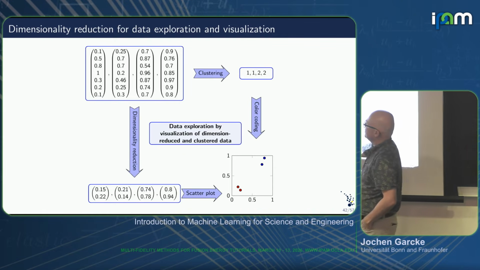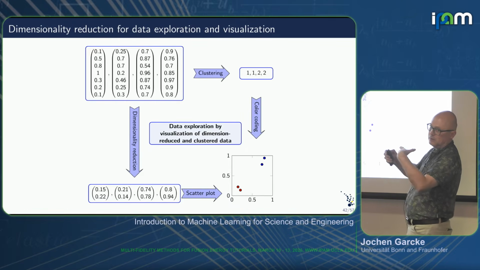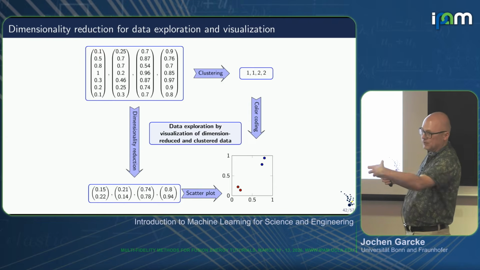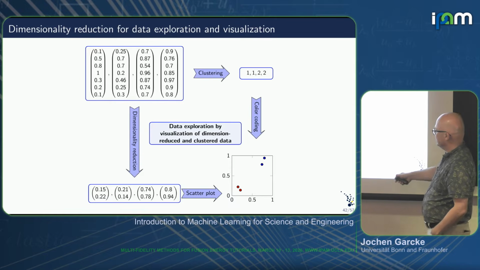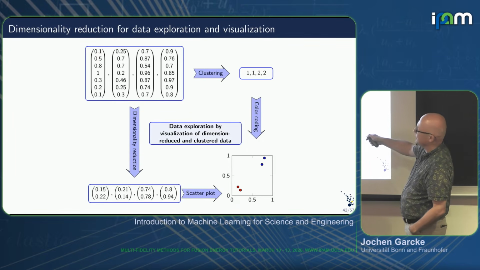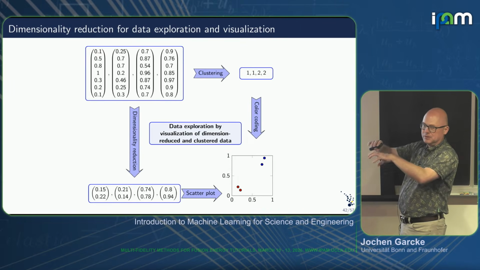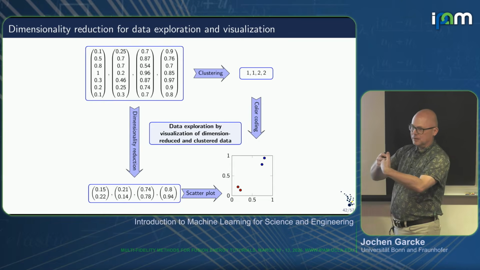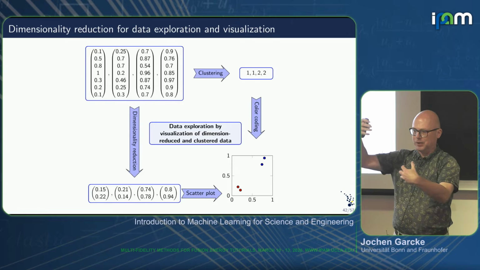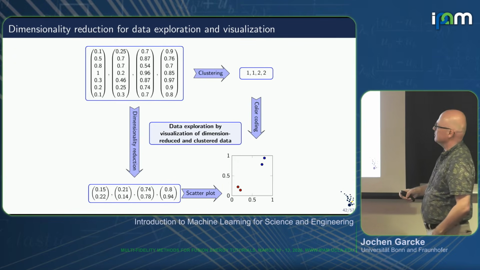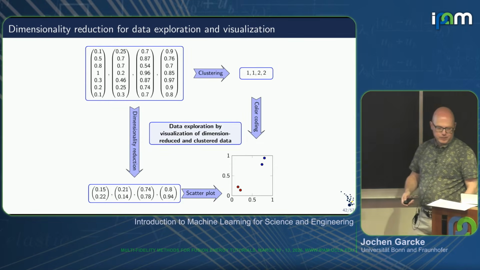So we start with some vectors. We maybe do some clustering, so we look for groups. So we artificially create labels, so we look for structures there. We can do dimensionality reduction to 2 dimensions, so we visualize that. And the color coding is then computed by clustering. Clustering is grouping things nearby, so a cluster is data which are close to the cluster center, and farther away from other cluster centers. And so this gives you a way to visualize and investigate your data.